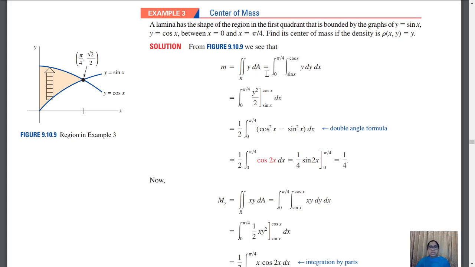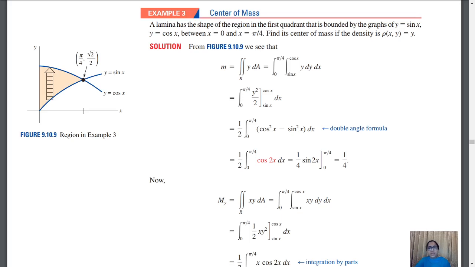So we are going to apply the double integral. Here y is varying from sin x to cos x, and x is varying from 0 to pi by 4. Integrating y, we get y square by 2, and substituting these values we get cos square x minus sin square x. This is after integration first with respect to y. Next we have to integrate with respect to x. Cos square x minus sin square x is nothing but cos 2x, and we'll integrate it and we'll get the value 1 by 4.